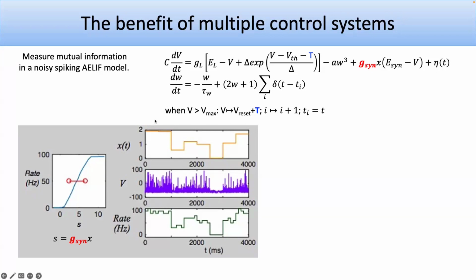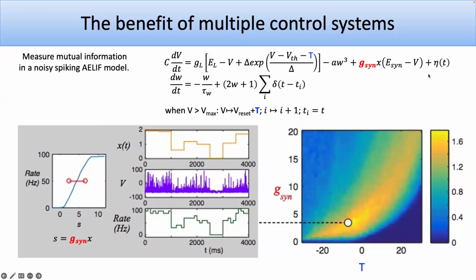So what we do then is we jump the inputs through a whole bunch of different values, and in, I think, 100 millisecond bins, count spikes to get an idea of the firing rate. And there's noise, of course, in the system. And without noise, you can get perfect information in anything. And so then what we can do is simulate models with different thresholds, so the threshold is here.